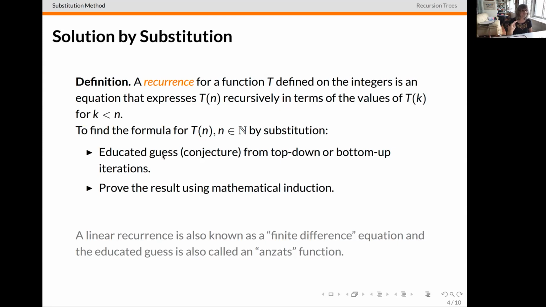And then once we have the conjecture, that's not a proof. Once we have the conjecture, then we have to prove the result using mathematical induction and the recurrence itself. I've put something in gray for the more advanced viewers. If you know about linear recurrences, they are also called finite difference equations, and usually we solve them via characteristic equations that give us the educated guess. And in that context, the educated guess is also sometimes called an ansatz